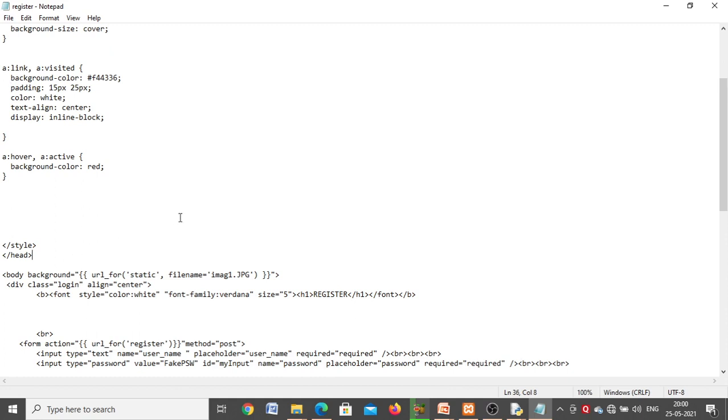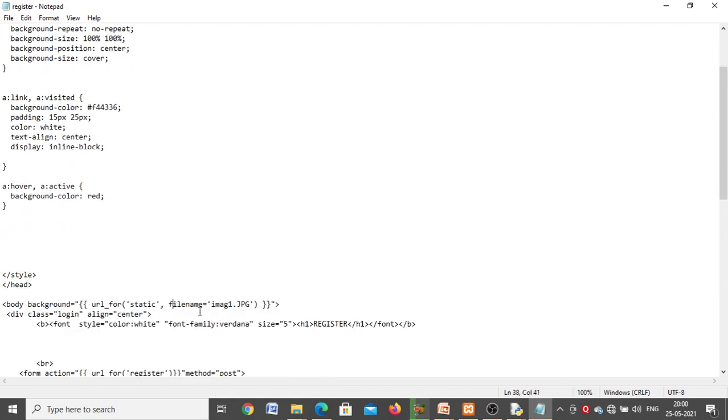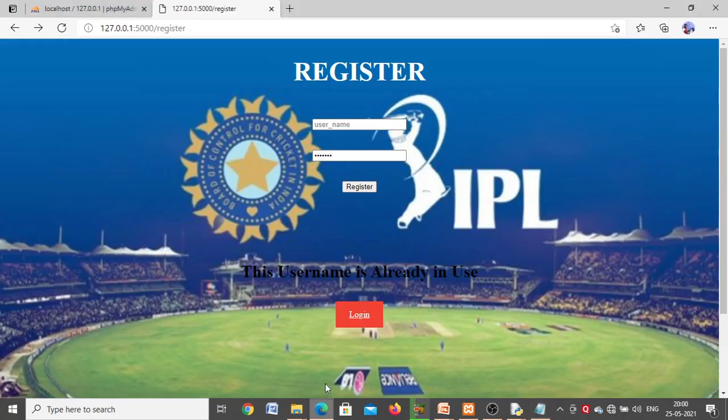Now the image: whatever the image name you give, you have to give it here also, in order to change that image. So image1.jpg I'm giving as the file name. Finally, I will open a division class. Now this heading I have to create, Register. So how to create it means